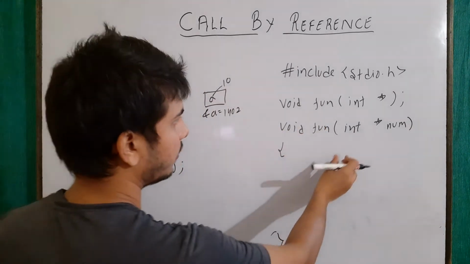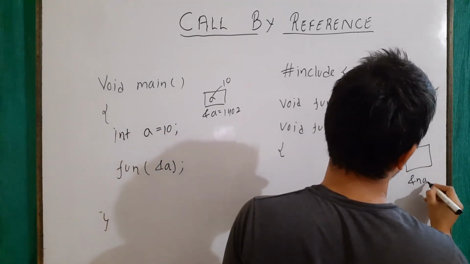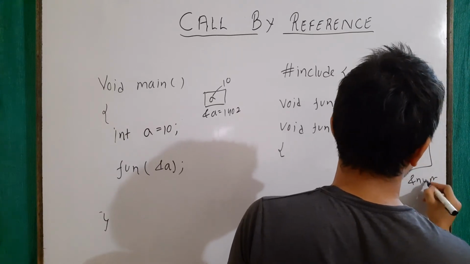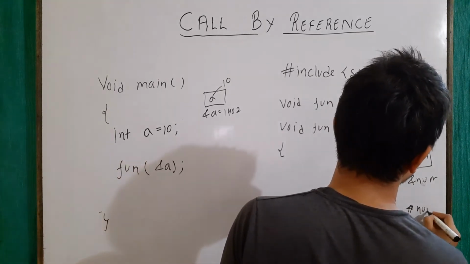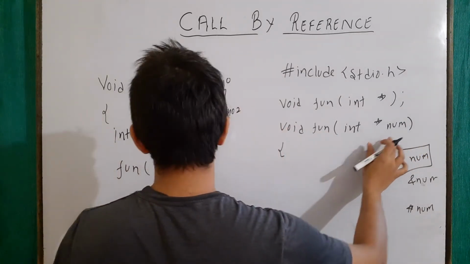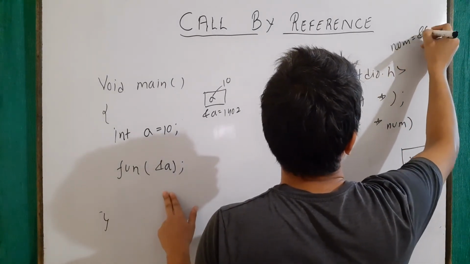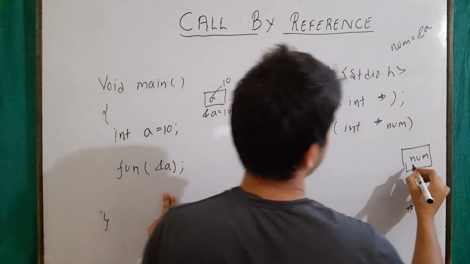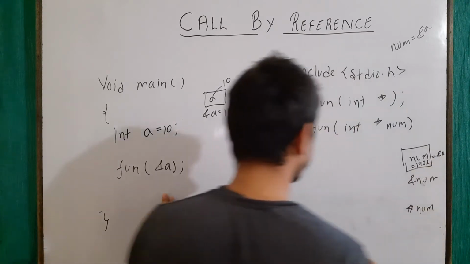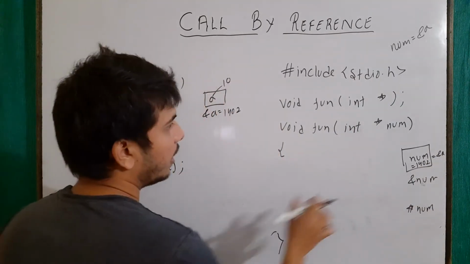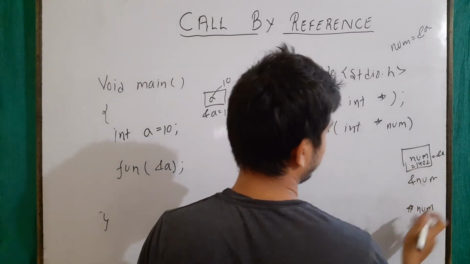Now what happened here, this num will have some memory location of its own, and also there will be another attribute, asterisk of num. Now num is going to be assigned with the address of a. So currently num will become 1402, or we can say it is equal to &a. So num is pointing to this memory location, &num is different on its own, and asterisk of num.